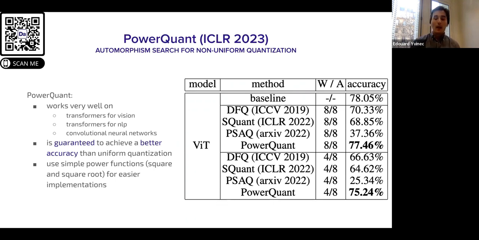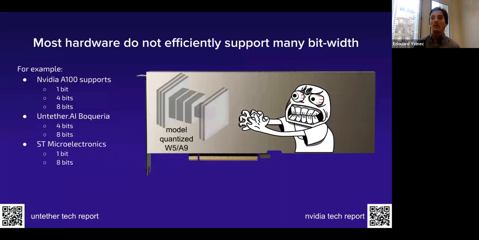But now that we've seen how data-free quantization can lead to huge compression and how we can improve upon existing methods, I want to ask you one simple question. In practice, most of you know that your hardware will not support any bit width. Like in that example, when we have one GPU from NVIDIA, I know it's kind of an offense at tinyML to put a GPU as an example, but you can replace that with your favorite tiny edge device. It would be essentially the same. It will most likely support well a limited number of bit widths.